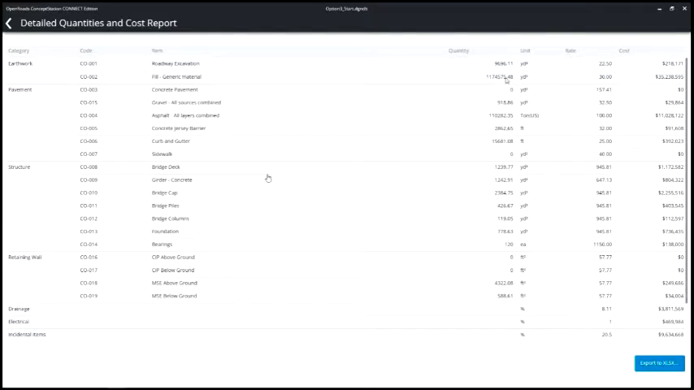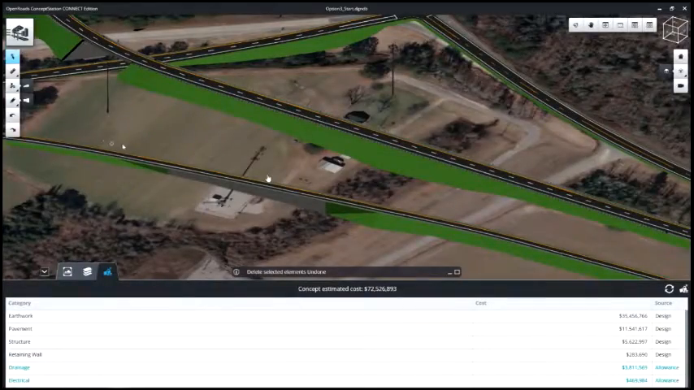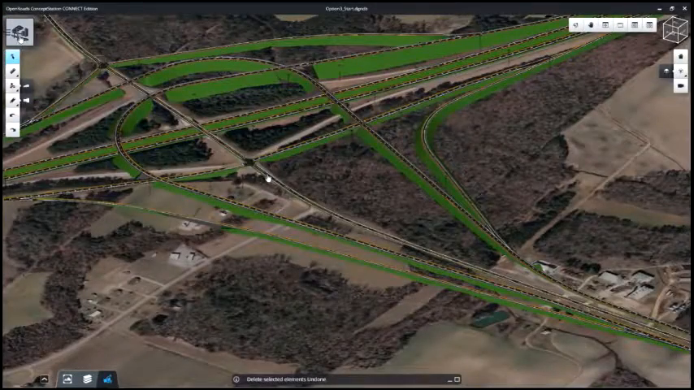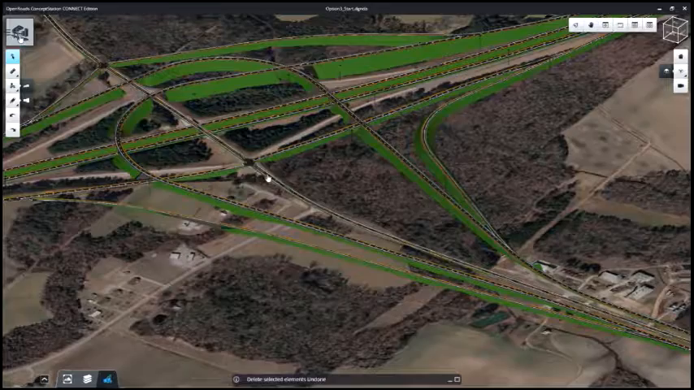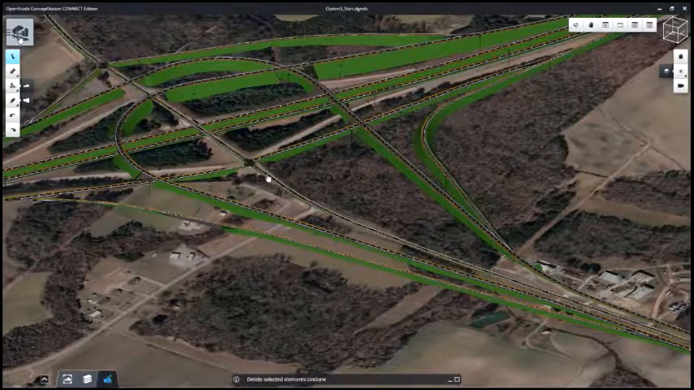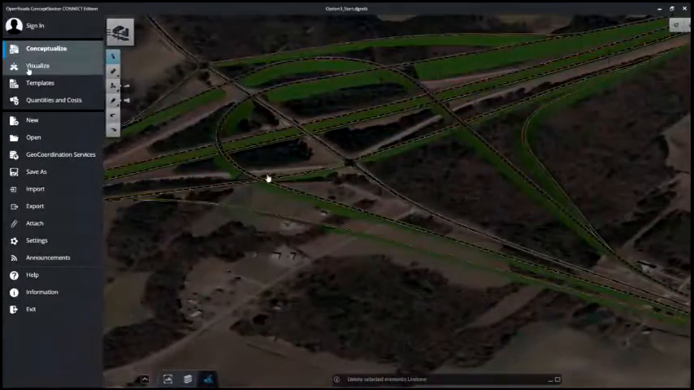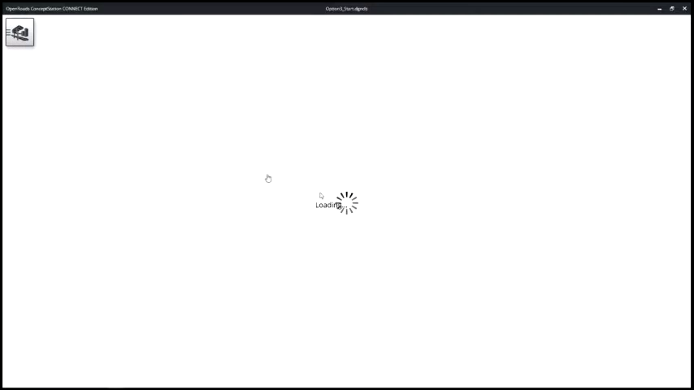So here you can see a breakdown. You can export it out to Excel if you choose. And then whenever you're ready to go from a design mode, you can actually switch over to the visualization mode. And so once you switch over to the visualization view, you can then add some of those finishing touches, such